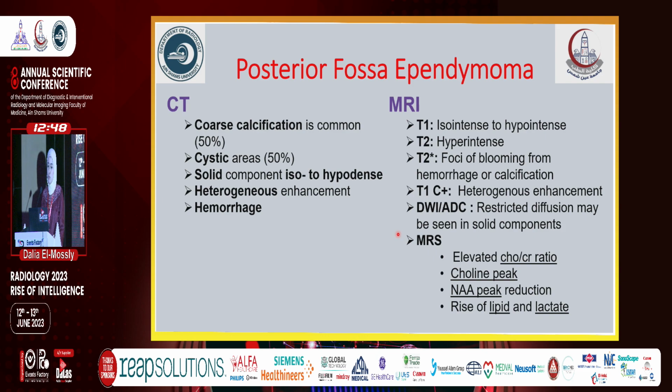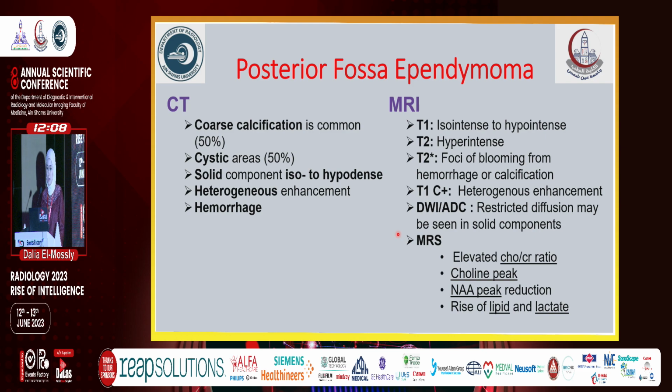It is a solid, hypocellular tumor, so it's isodense to hypodense, unlike medulloblastoma, which is hyperdense, with heterogeneous enhancement and hemorrhagic changes. On MRI, on T1, it's iso-intense or hypo-intense. On T2, it's hyper-intense, could have foci of hemorrhage and calcification with heterogeneous post-contrast enhancement. Differentiating point, which is diffusion: no diffusion restriction except for small areas of solid component, and may have diffusion restriction in hemorrhagic areas. On MRS, elevated choline creatine ratio as other tumors, while the most specific is a rise